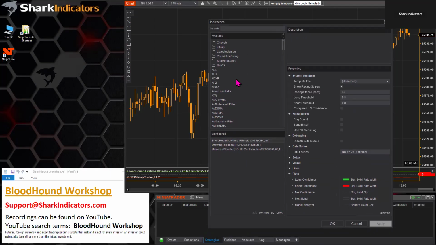So just note, I will install freely available custom indicators, but I won't install paid-for indicators. It just becomes really difficult for all the other customers if I start using paid-for trial period indicators here, because remember when you open up a Bloodhound file here,